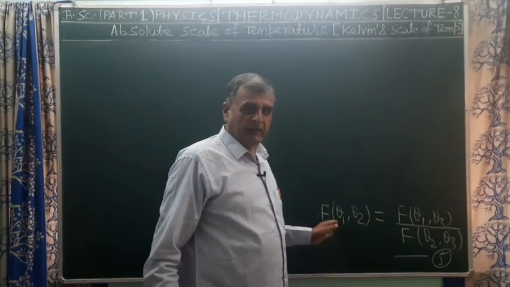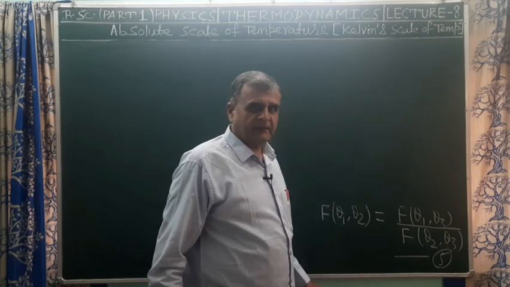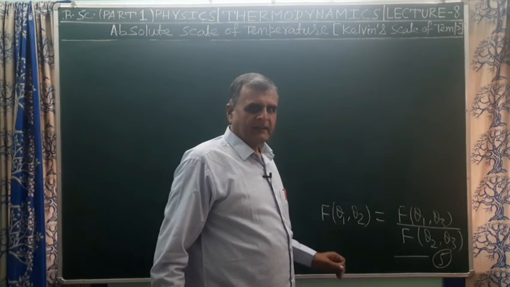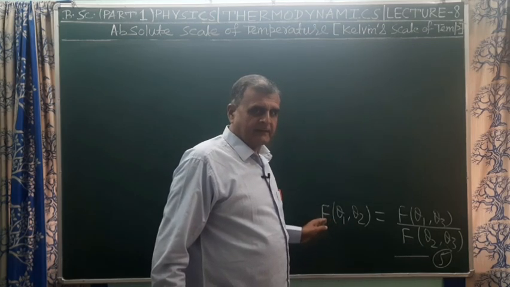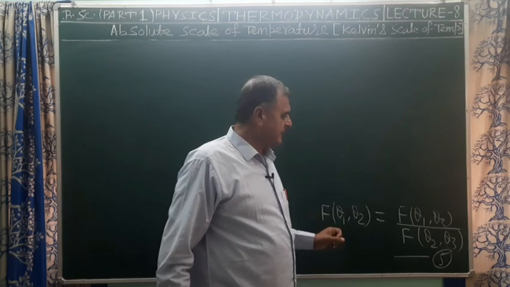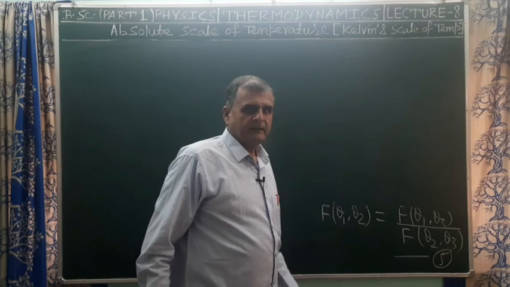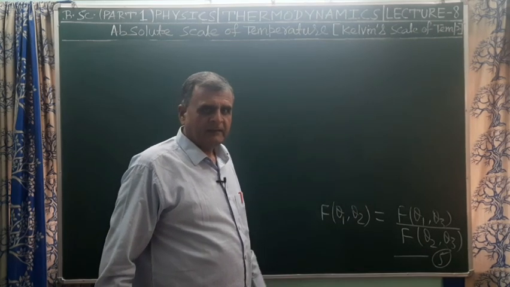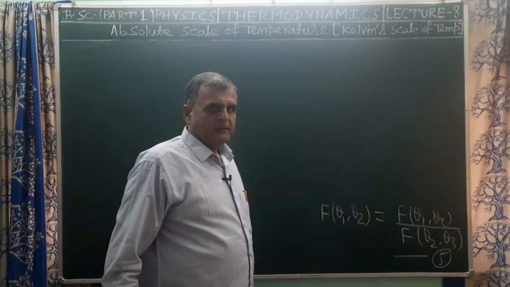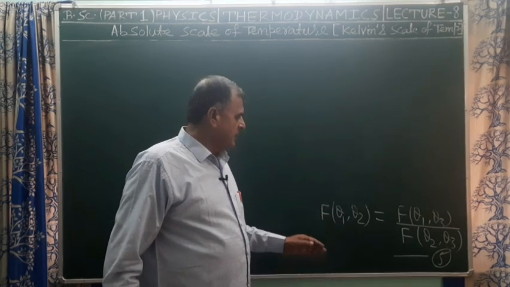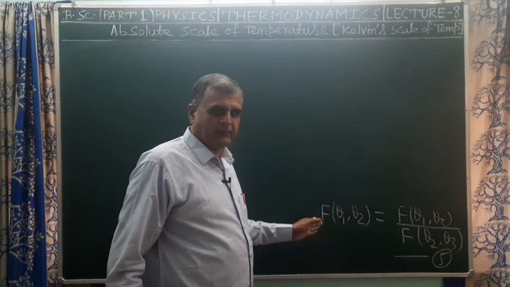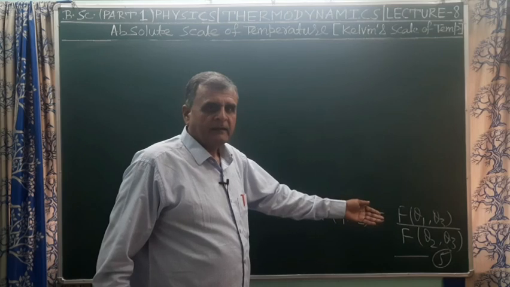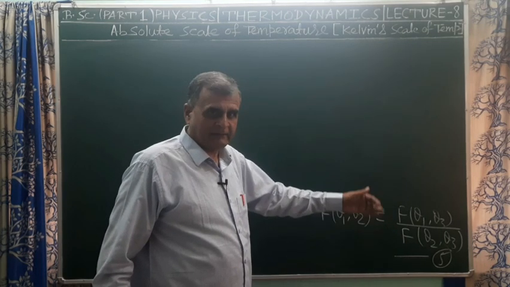Since LHS of equation 5 is independent of temperature theta 3 while RHS contains theta 3, equation 5 will be satisfied only if the function capital F in LHS must be such that theta 3 cancels out in RHS. चूंकि इक्वेशन 5 के LHS में टेम्परेचर थीटा 3 प्रेजेंट नहीं है, जबकि RHS में टेम्परेचर थीटा 3 प्रेजेंट है, तो इक्वेशन 5 तभी सेटिस्फाई होगा जब इक्वेशन 5 का LHS का फंक्शन कैपिटल F वैसा होगा जब RHS में टेम्परेचर थीटा 3 न्यूमरेटर एंड डिनोमिनेटर में कैंसिल हो जाएगा.